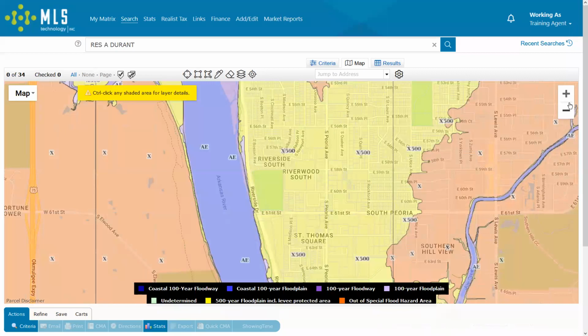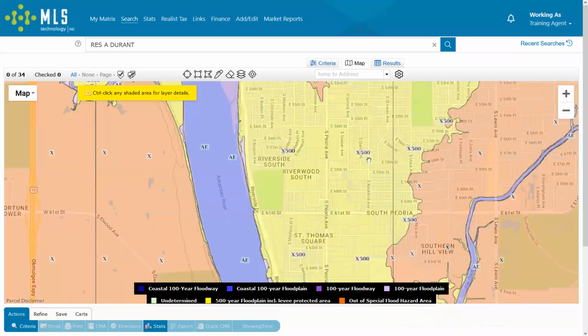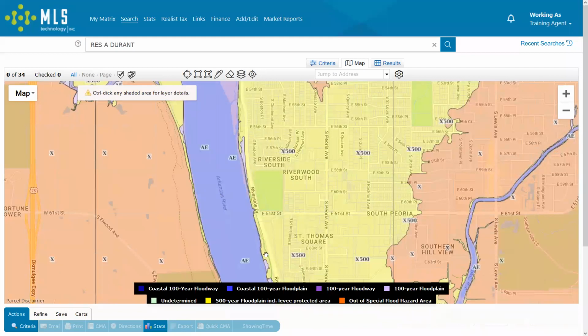Oh, nope, they fixed it. Dang it. It used to be that if you zoomed out immediately after checking it, it would keep it, but it does not appear that that's the case anymore. That's a bummer. Anyway, once you zoom in enough, you'll be able to see the FEMA designations for the flood